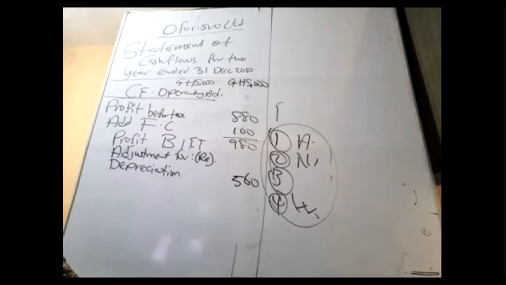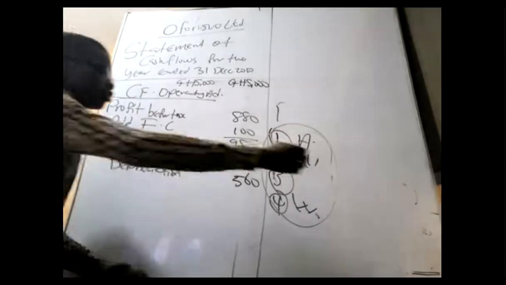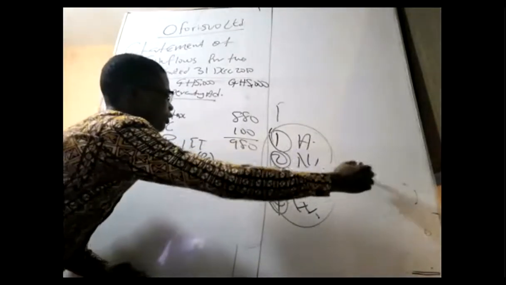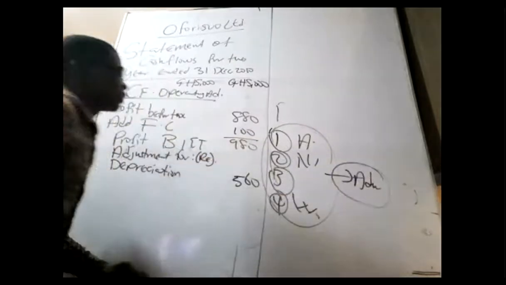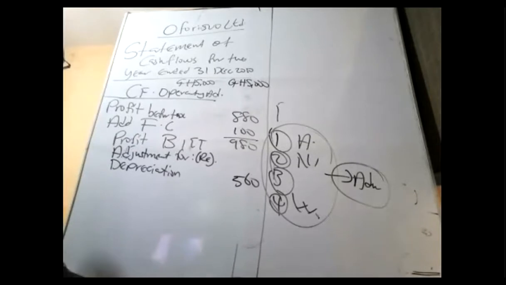But I do have a question which has all the 4. It's called Adam, and it has been solved. So look for the question, Adam Limited. It has all the 4. All the 4 items were in there. So take note of that.